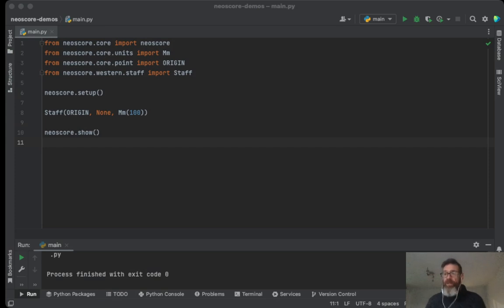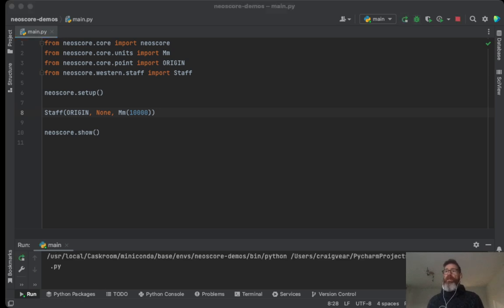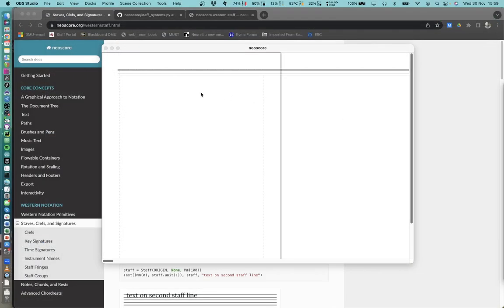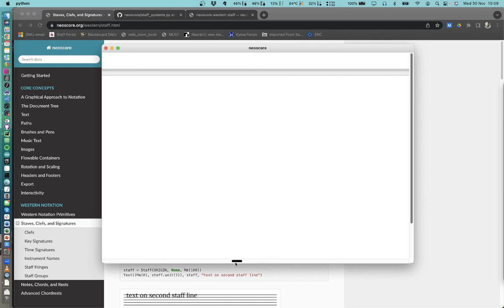But what happens if you want to make a staff more than 10 centimeters long? What happens if you wanted it a meter long, or 10 meters long? Then we need to make this 10,000 millimeters. It's going to be 10 meters long. But what's going to happen to that? Okay, so let's run that script. As you might suspect, this is going to fall off the end of the page, because it doesn't know where the end